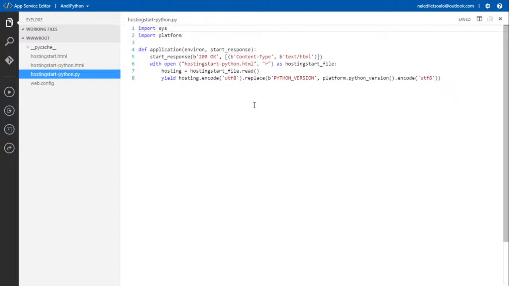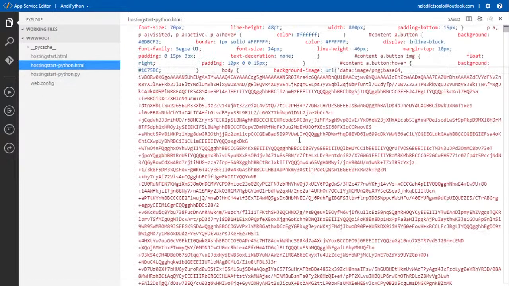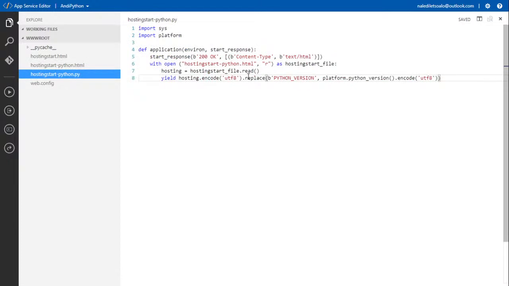That's just encoding for text, and then replace Python version platform version code encode UTF-8. All right, so this is a little bit confusing, but essentially all that I'm saying over here is I want, when somebody comes to the site, it needs to run this file, which is in this environment, and I want you to replace this code with UTF-8 encoding. Anything that has got funny text, please just sort it out, right?